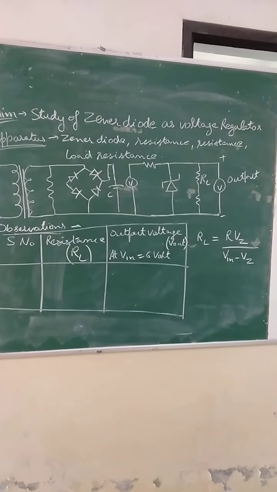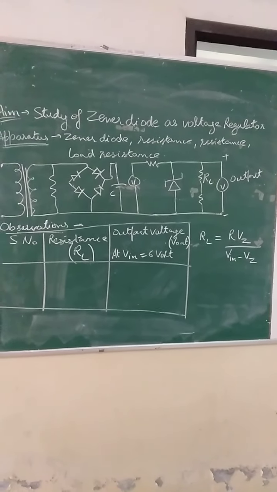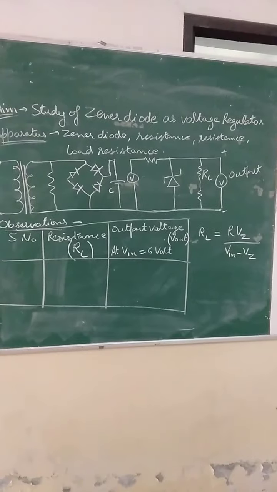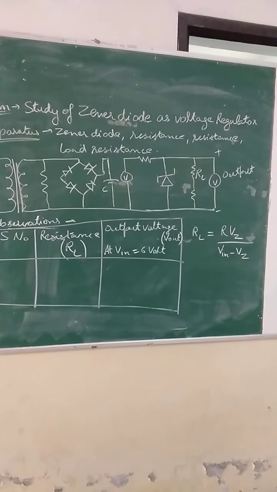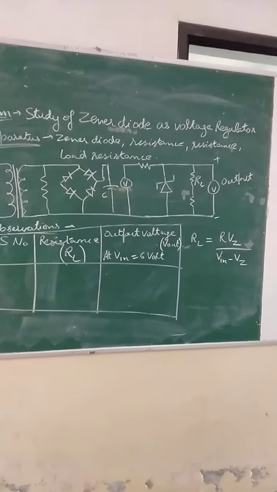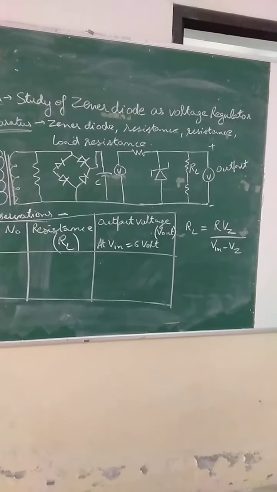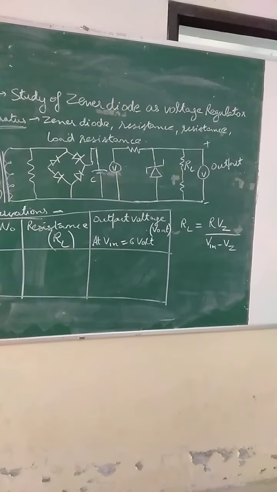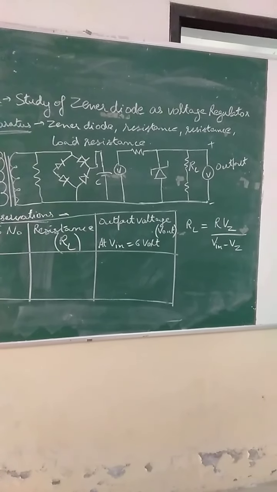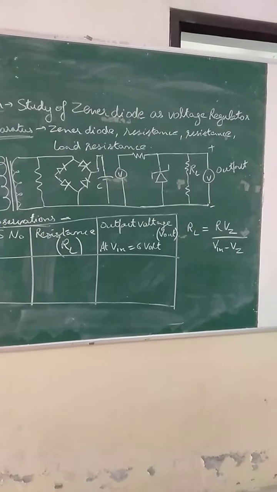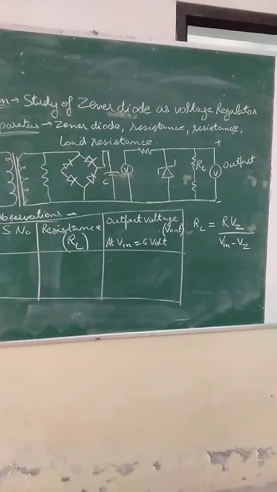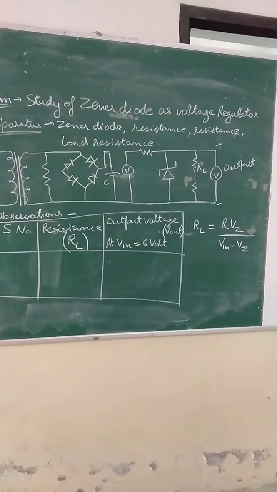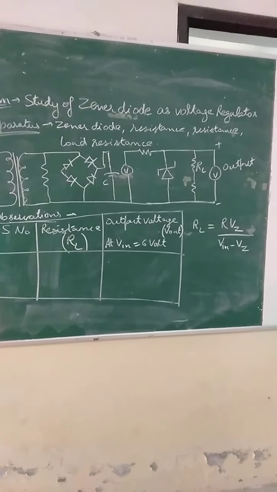And for the Zener diode I am having one resistance which is in series, and at the Zener diode I am having resistance parallel to the Zener diode, and that is RL, means load resistance, and output is going to be stable with this input voltage. This is our practical. Okay, so input voltage is going to be stabilized at output voltage.